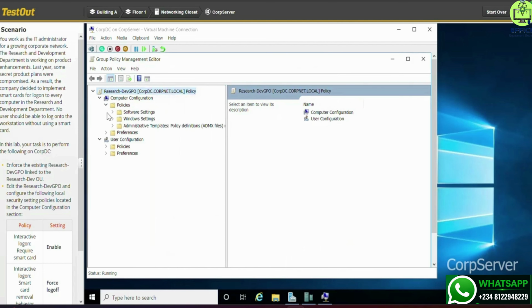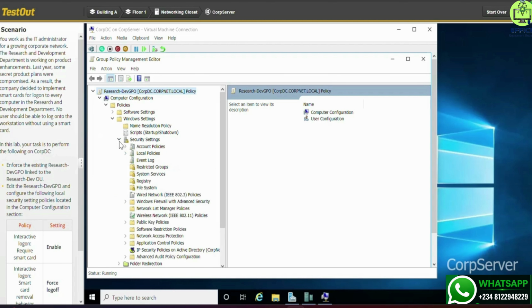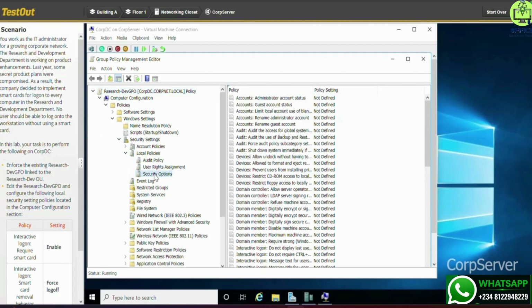Collapse policies. Collapse Windows settings. And security settings. Let's go to security options, select security options,